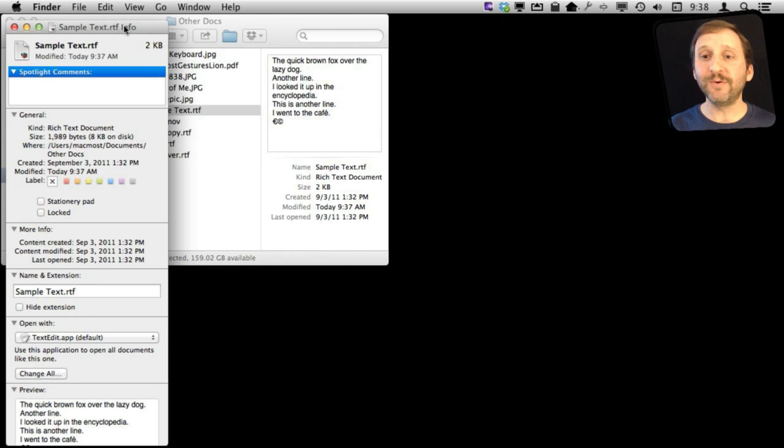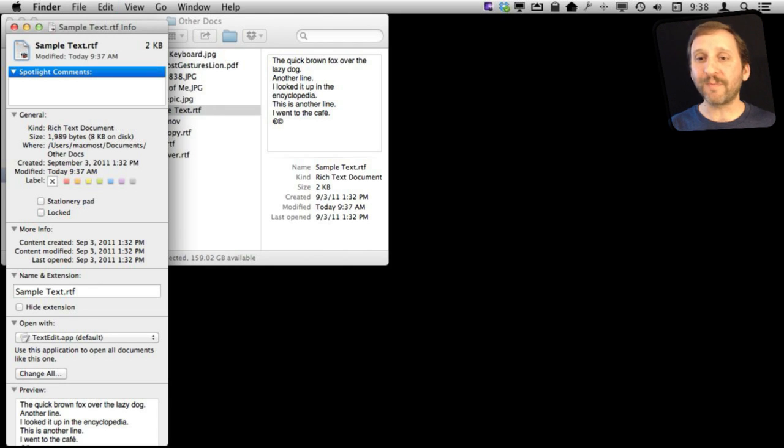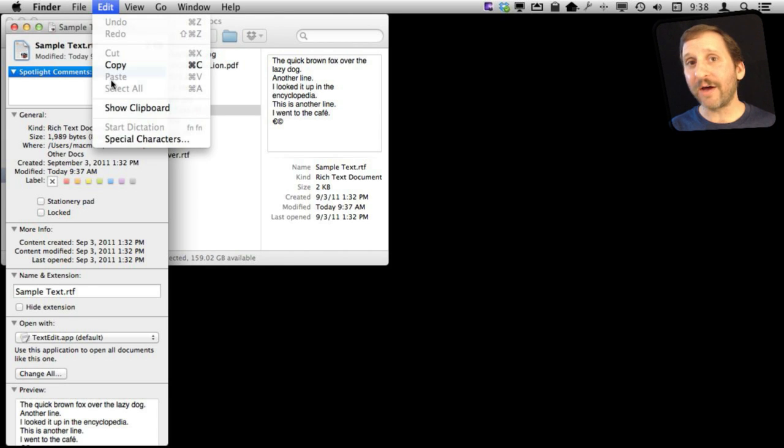Another cool thing you can do is select the icon here. You see it has a little outline now that I've selected it. I can then copy that and paste it into, say, a graphics program. I can also paste over that now that I have it selected. If I had another icon or just a graphic from any graphics program, I could paste and replace the icon